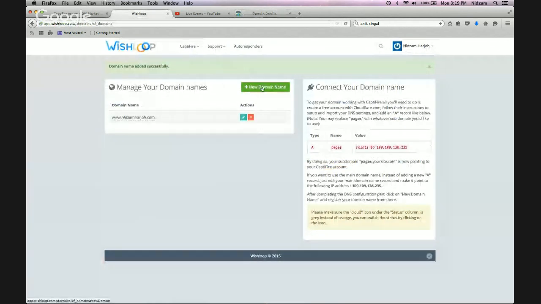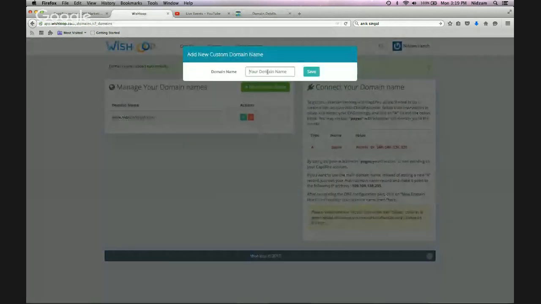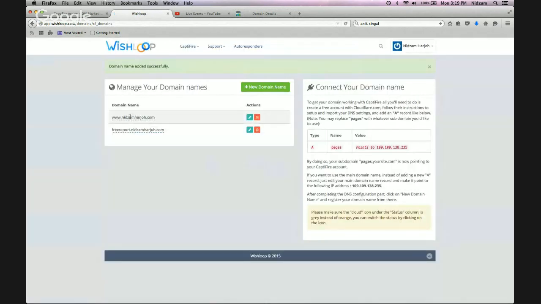I'm just going to create another one. I put here freereport.nizamharjo.com and click save. So right now I have saved 2 different domains. One is my main domain name and the next one is my subdomain name. Assume I have 2 different squeeze pages for 2 different niches or 2 different businesses, so it's all up to you. Once I have all this set up,